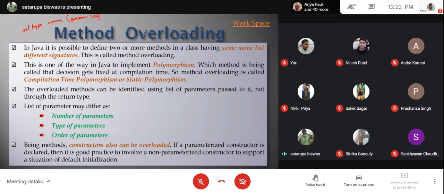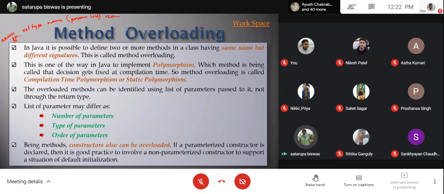In Java, along with this, some more things may be added, like the access specifiers, and after that the static keyword could also be added. Whatever it is, this is the signature of a method. Now we say that the names of the methods are the same, but they have different signatures.